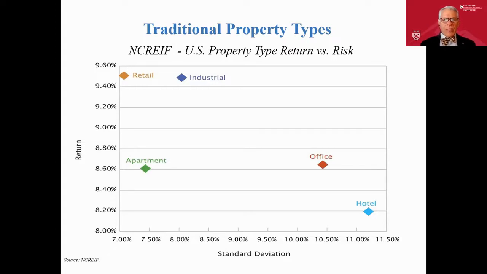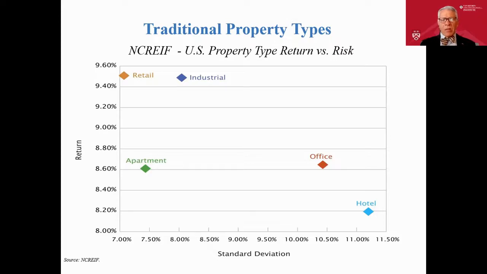So if we look at retail, it basically says that the average return was 9.5%. And if you look down to the bottom, the standard deviation was 7. That means in any given year, you might get 9.5 plus 7, or a 16.5% return, or you might get 9.5 minus 7, or a 2.5% return. So in general terms, in any given year you'd expect it to bounce back and forth between the highs and lows or something in between, but the average comes out to 9.5%. As standard deviations get higher, obviously the risk gets higher.